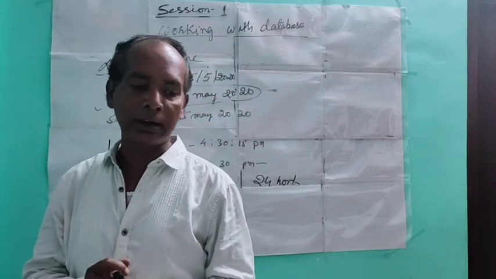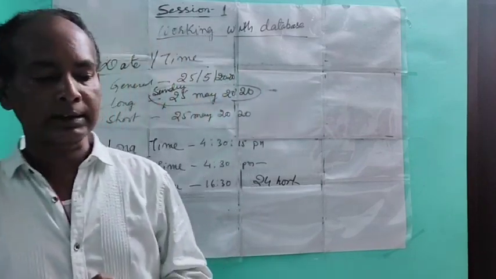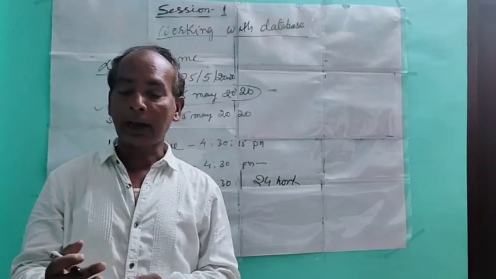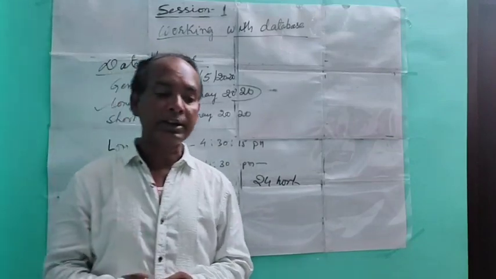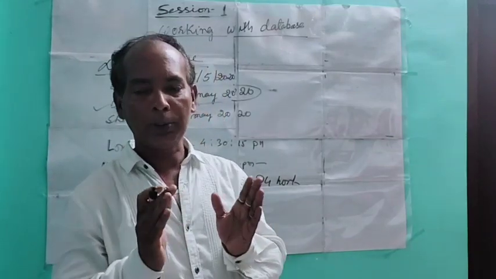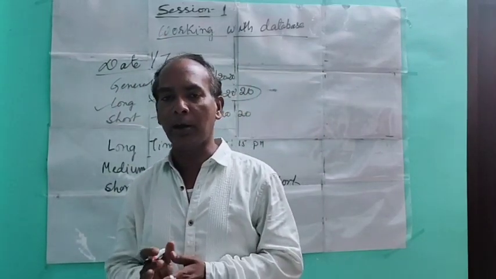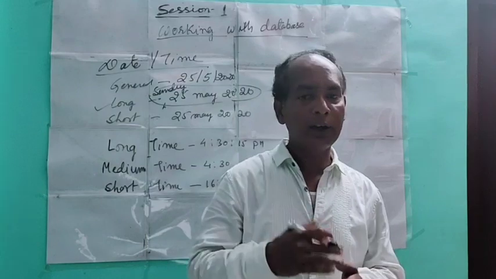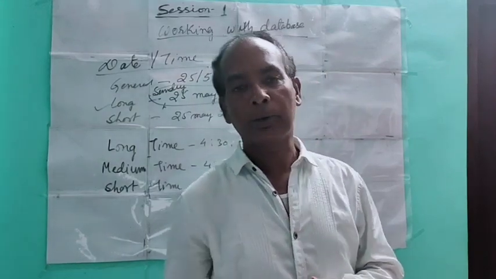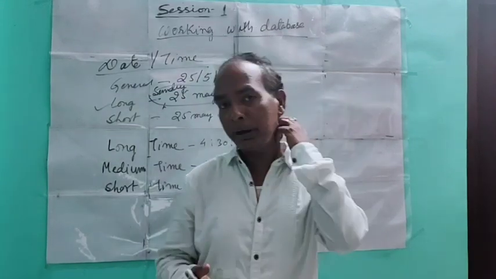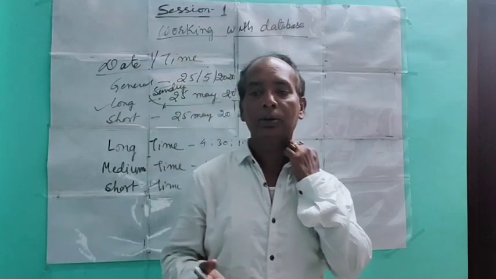Okay. After that we will go for the next class about data types, tables, fields, and records. If you have a computer at home, try to open MS Access on your computer. If you have any problems or queries, you can WhatsApp me or call me. I will explain to you. Okay.